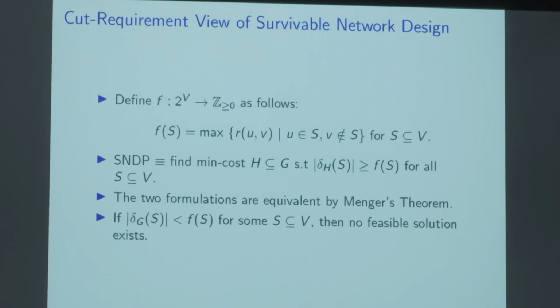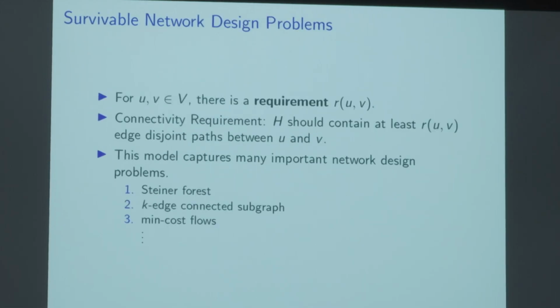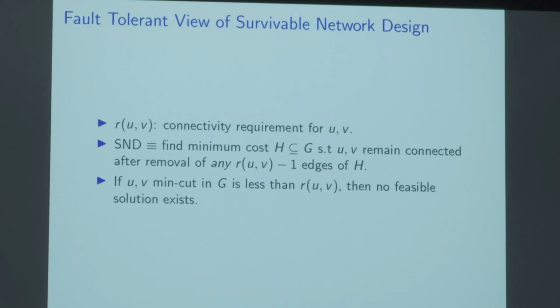So you can view the survivable network design problem as picking a subgraph which is tolerant to failures. If you fix any two vertices u and v, then what you are essentially saying is that irrespective of